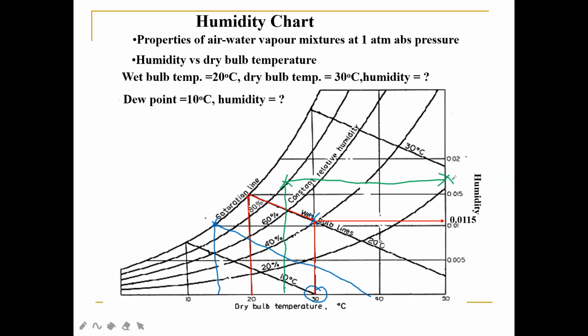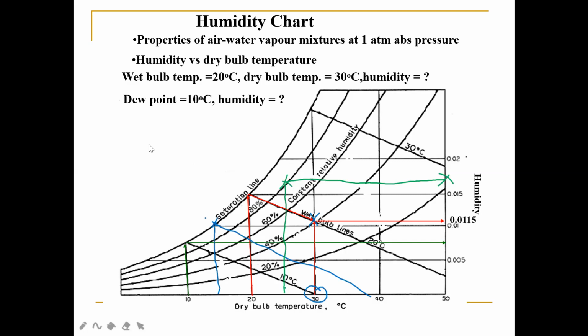Okay, the other method to calculate humidity is when you're given only the dew point. In the next example, you're given a dew point of 10 degrees Celsius. So what do you have to do? You have to draw the vertical line here from 10 degrees Celsius, and because it's a dew point,